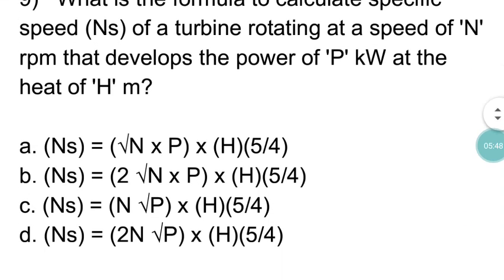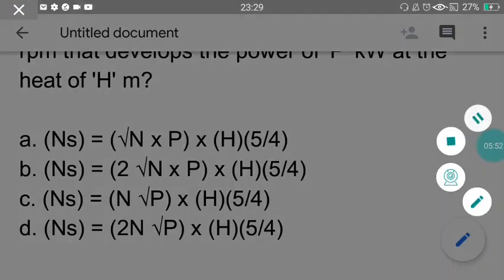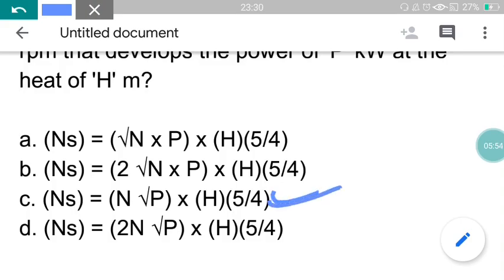So the correct answer for this question will be option C. The correct formula for specific speed is N root P divided by H raised to 5 by 4. Okay, the next question,